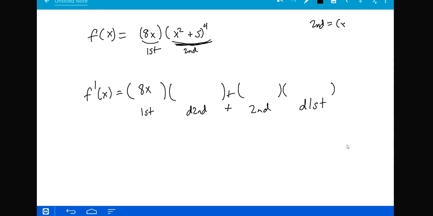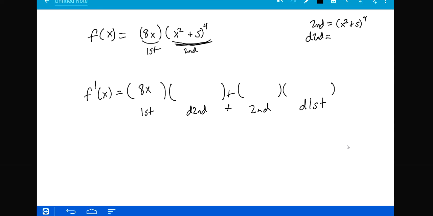Okay, I want to write this out to the side. You may want to do this as well. It's a good way to keep things straight. Second is all of that, including that exponent. So if I'm doing the derivative of it, that's where the general power rule comes into play.